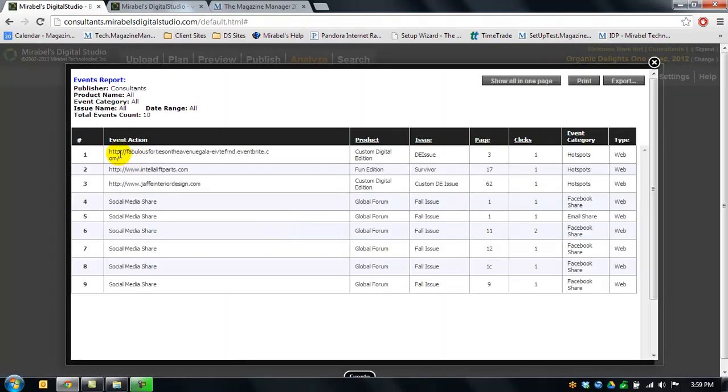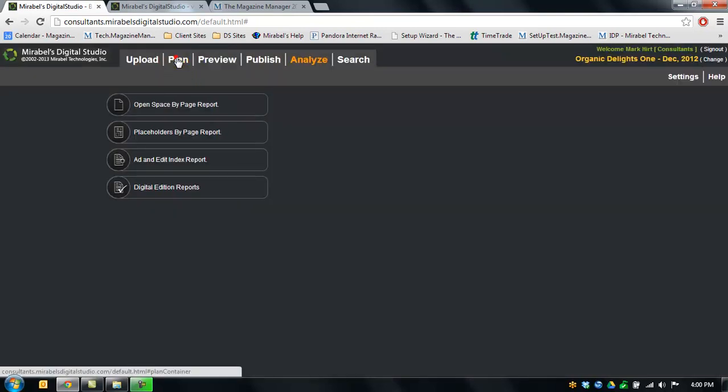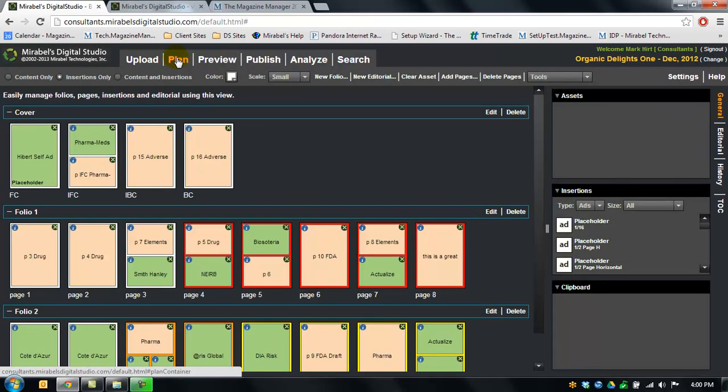It gives you the event action. Here's the actual URL, the product it was in, the issue it was in, and it was either a hotspot or a Facebook share, an email share over the web, things like that. So this is a great events report that gives you a lot of breakdown of your readers' interactivity in your digital edition. So I hope you found this overview video helpful, and I hope you're as excited as we are